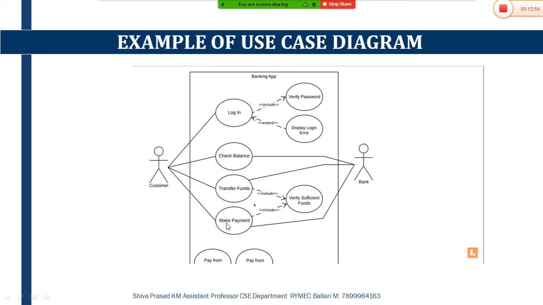Whenever you perform the operation of making a payment, like making a payment on Flipkart or on any other site for buying some product, they will provide you options: pay from PhonePe, Google Pay, internet banking, ATM card, debit card, credit card.